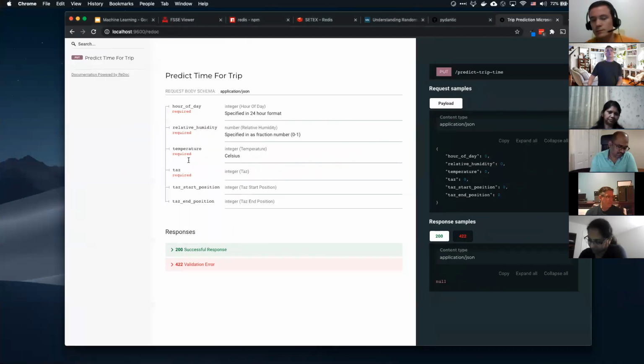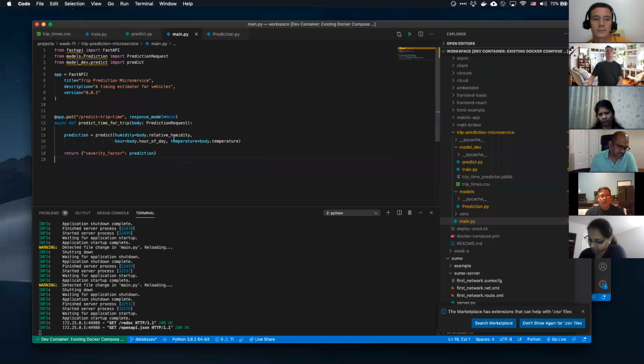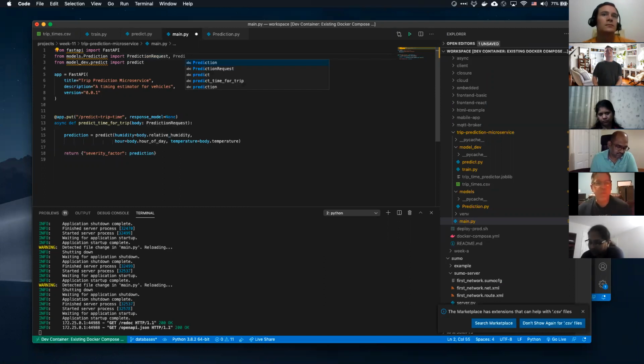Right, so let's see how that looks. Why did the response not show? Oh, because the response model, we need to import it, right? PredictionResponse.